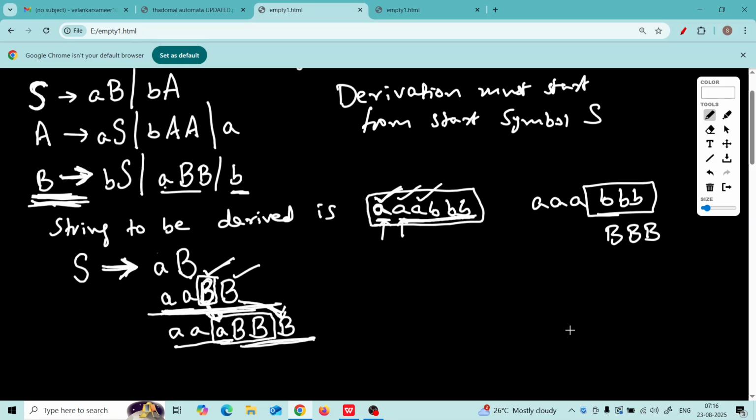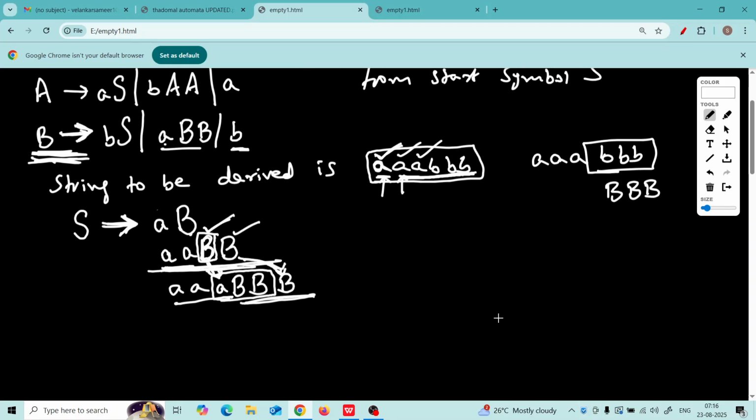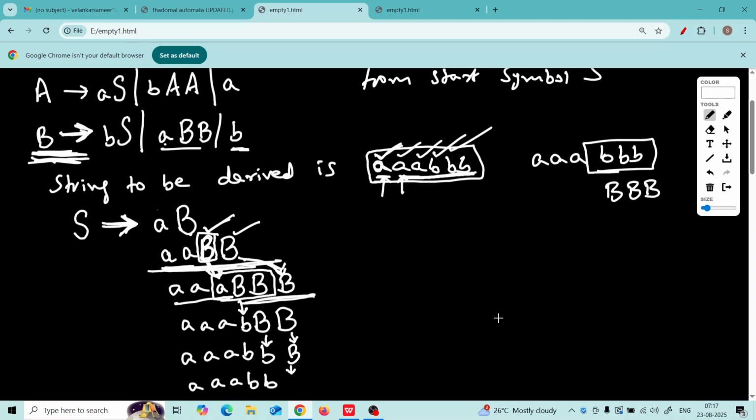That's it. That means these three capital B's can be substituted one by one as follows. Triple A. Remember, we are doing leftmost derivation. So the first B is substituted with b. What remains is BB, the last two B's. So this b is also generated. Now next, triple A, small b, and this first B, leftmost derivation, substituted with b, second b generated, and the third and last one remains as it is, and the final step is triple A, double b, and this B substituted with b. This is leftmost derivation.